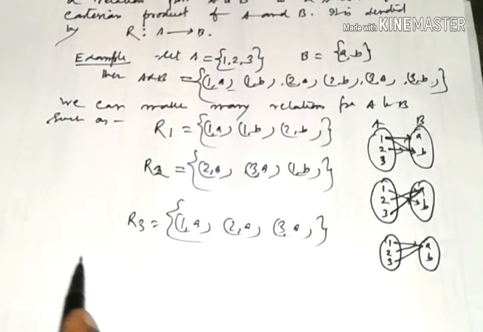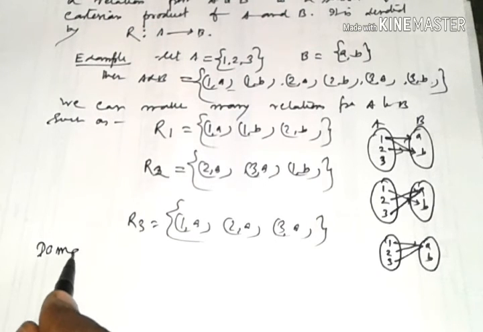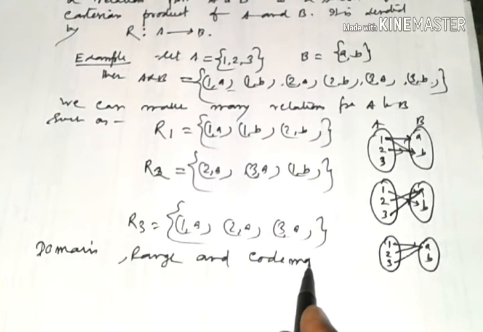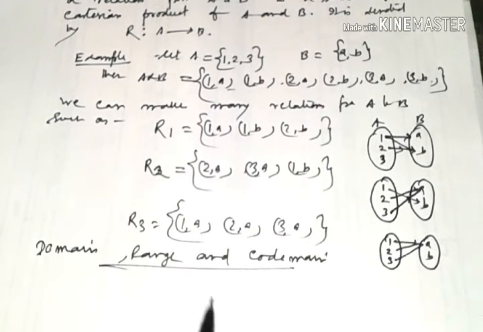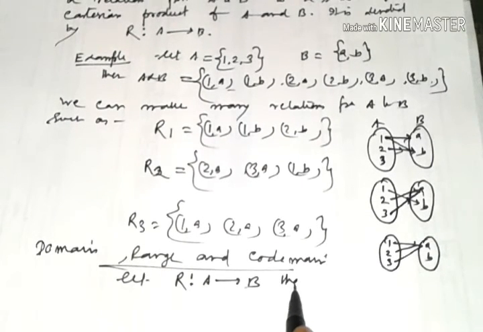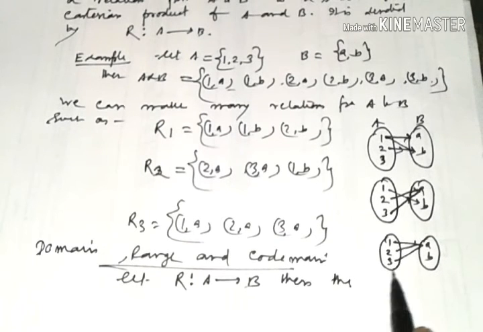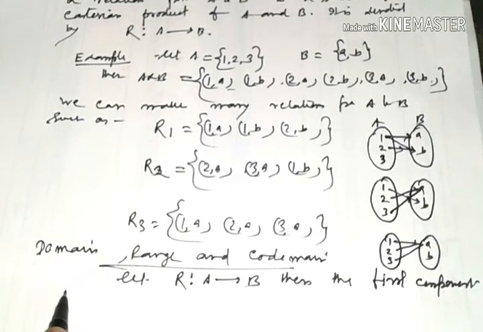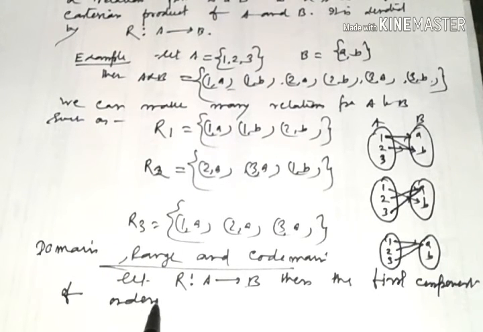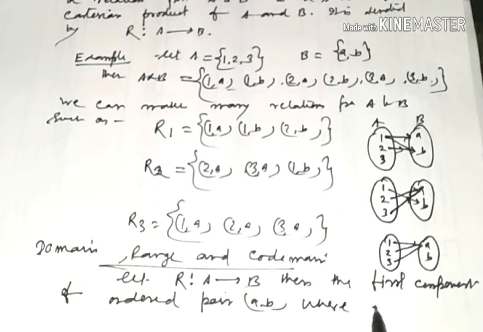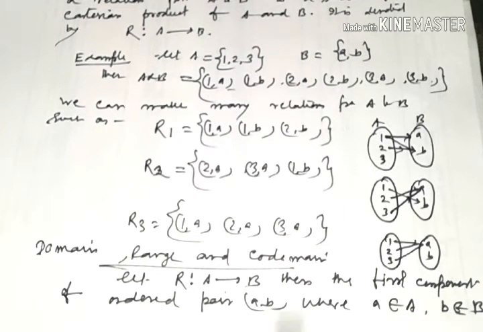Now, domain, range and codomain. Let R be a relation from A to B. Then the first component of the ordered pair (a, b), where a belongs to capital A and b belongs to capital B, is called